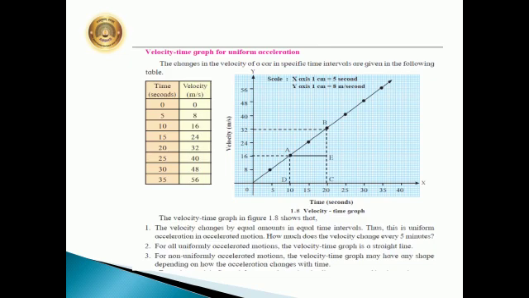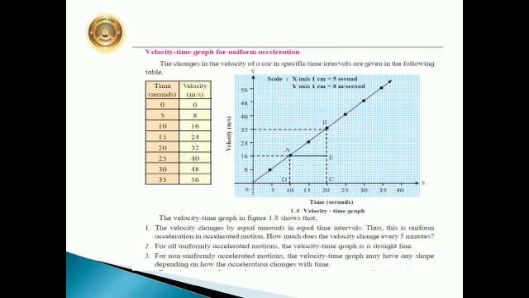We have to see the average speed of the car in the given time interval to determine the distance covered in that particular interval. From the graph, we come to know that the average velocity of the car is equal to 32 plus 16. Why 32 plus 16? Because we are looking at the 10th and the 20th second. Look at the table. So 32 plus 16 upon 2. Why 2? Because we are considering two values. It is equal to 24 meter per second.